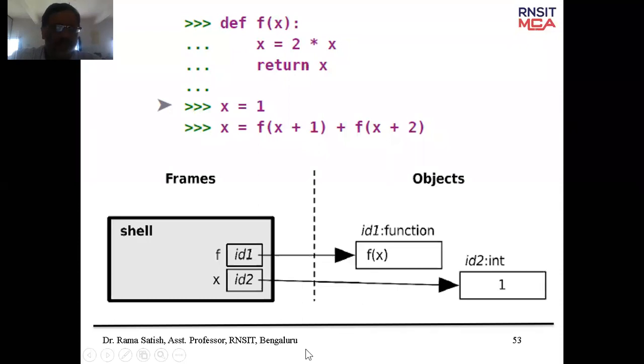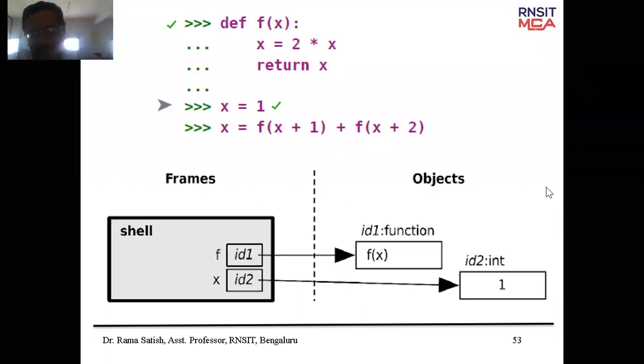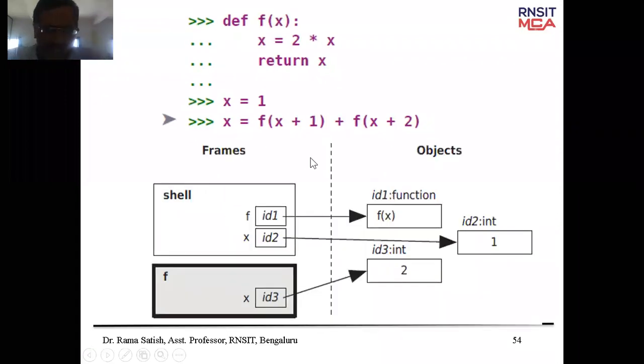In the first line, you created a function. In the second line, you created a variable x. You have not made a function call yet. So for the function there is a memory allocation, and for the variable x also there is a memory allocation. Now, what happens when the control moves to the next line? Let us see.